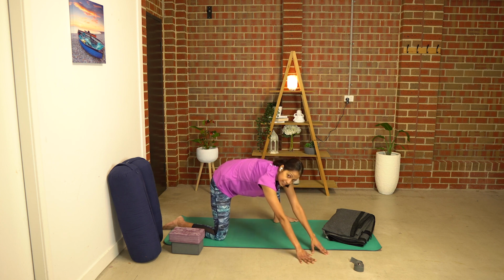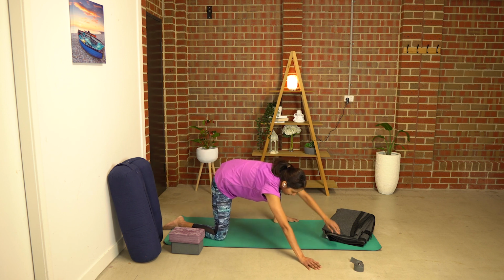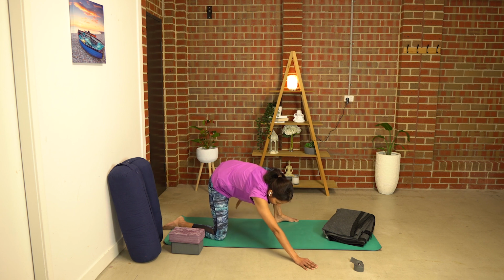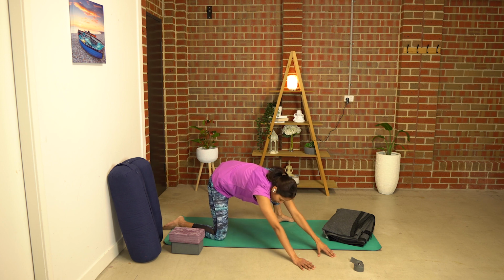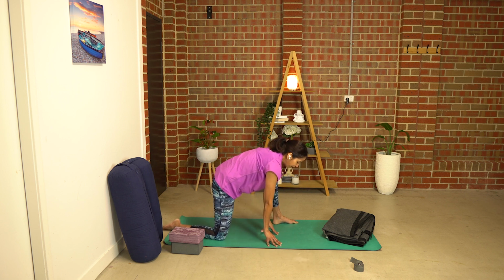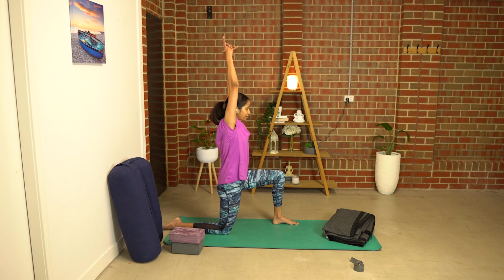Walk both your hands to the right side of your body and take a nice stretch here. So sending your tailbone to the back, as if you're trying to sit down. So you'll feel a nice opening in the inner thighs. You can also make it dynamic by just taking a couple of breaths in and out here and just moving like a wave. Wonderful. Slowly coming back to center and then rising up, raising both your arms up, point your index finger up,